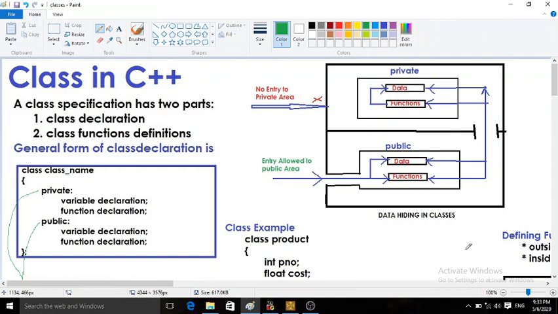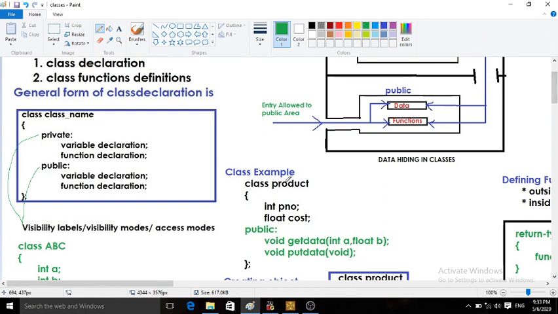After this, we will see one example for the class. As per the general form of the class, here we have declared one class. Class keyword, the name of the class is product, opening curly brace.